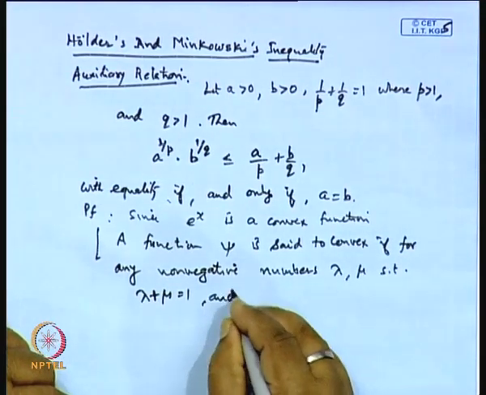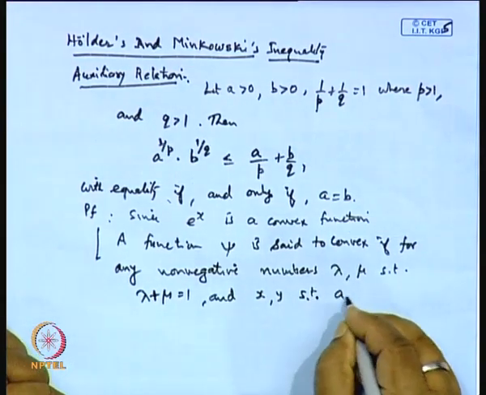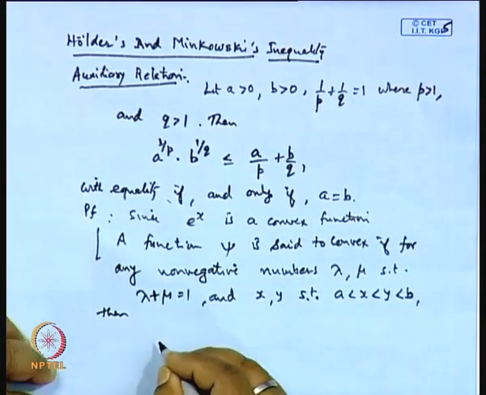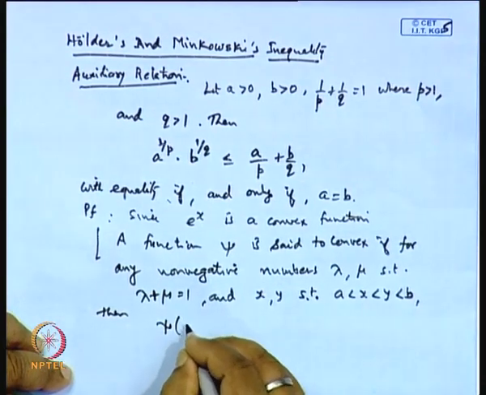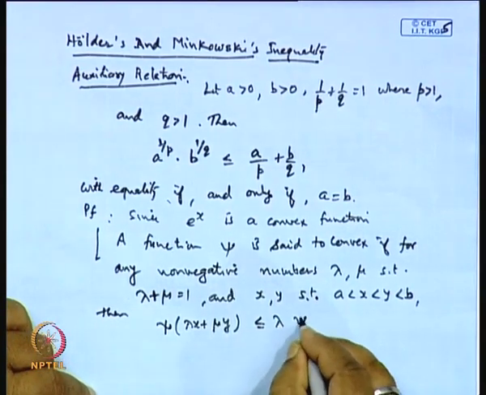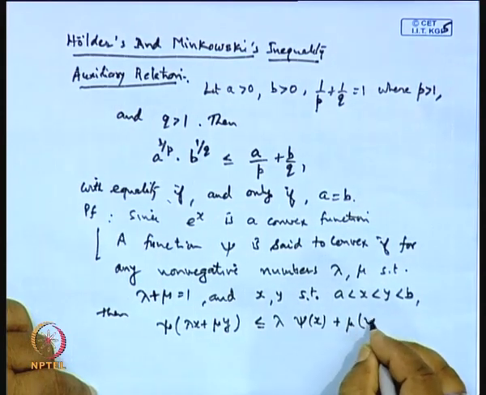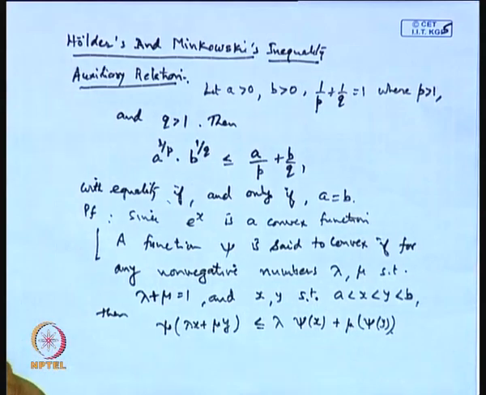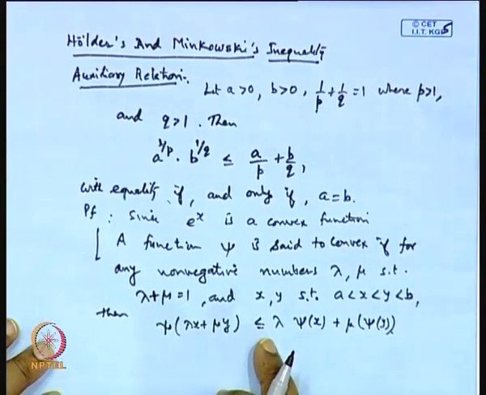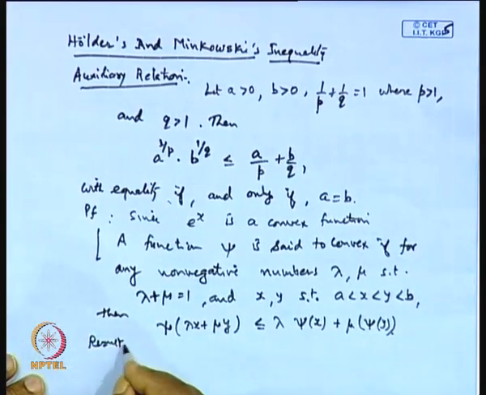and x, y such that a is less than x, less than y, less than b, then we have psi of lambda x plus mu y is less than or equal to lambda times psi x plus mu times psi y. And if there is a strictly less than, we say the function is a strictly convex function. So, this is the definition of this, and there is one result which is also true,